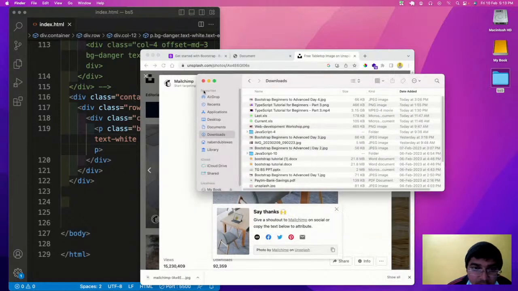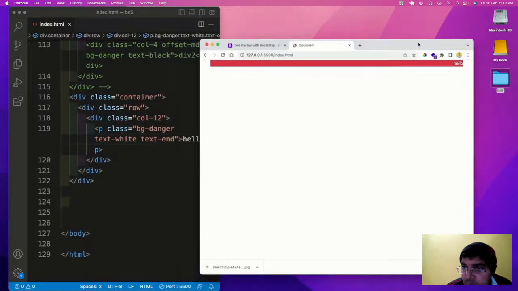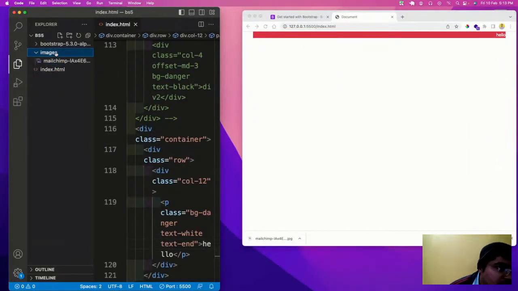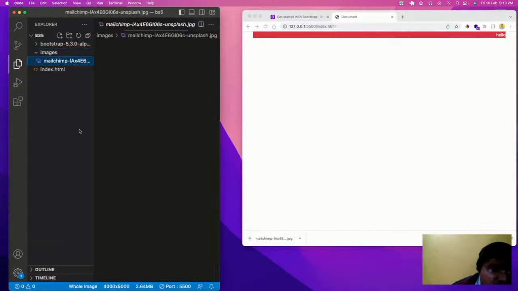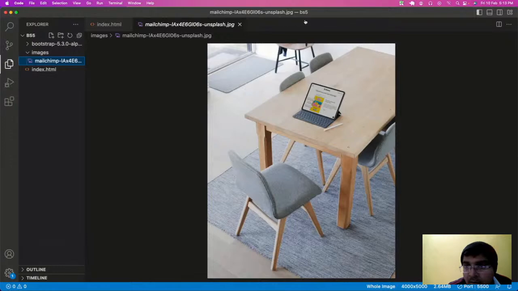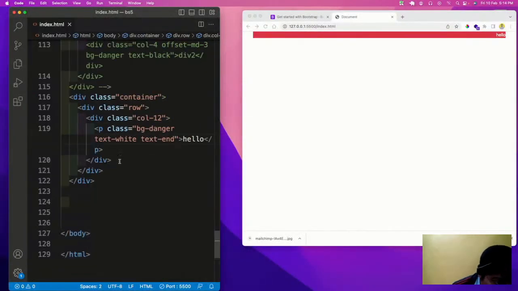So this is what is inserted here. Now let us check that it is properly inserted or not. So images, and the image is here. Very good. So it is working, it is coming fine. Now let us first insert the image. So what we do here, instead of the paragraph,